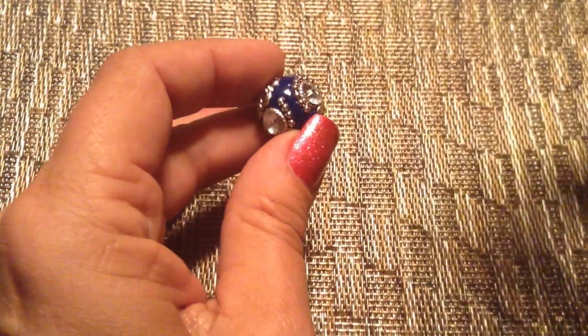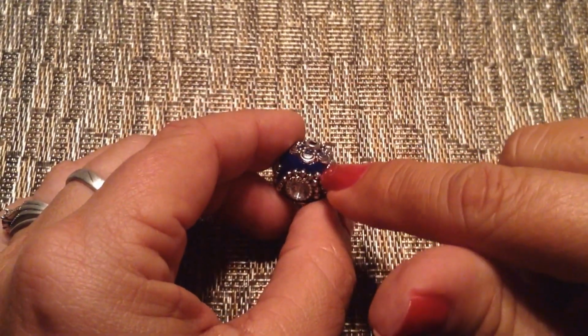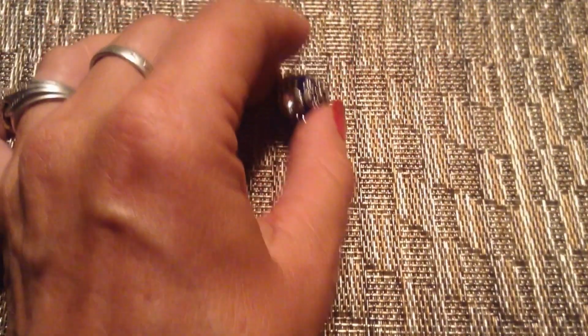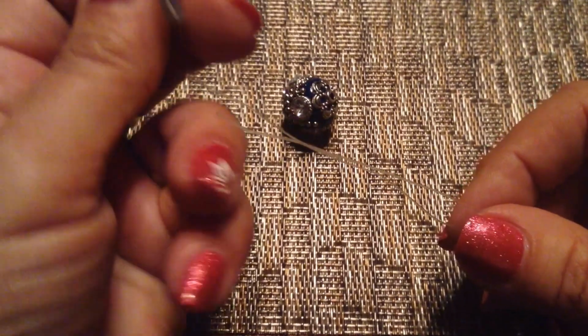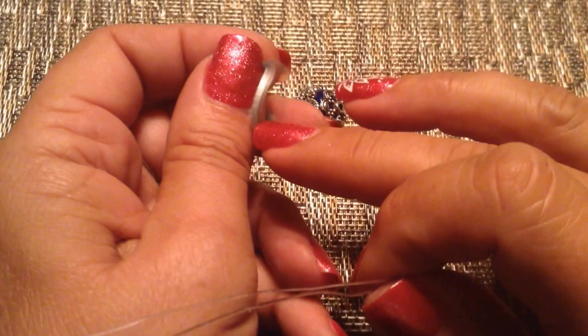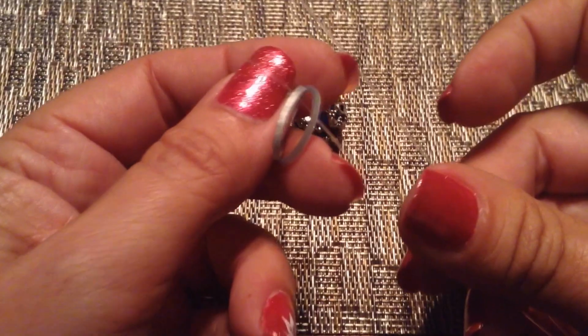I'm sure there are other tutorials out there, but like I said, I like to use them a lot, so that's why I'm including it in this tutorial. So what you want to do is take your threader, okay, and I'm not going to use the black. I'm actually going to start out with the gray. Because this hole is not huge, I want to use something that's a little thin, so I'm going to put them both on my threader,